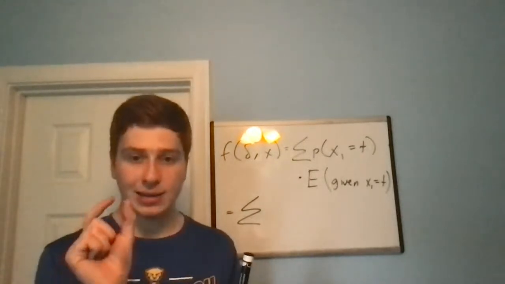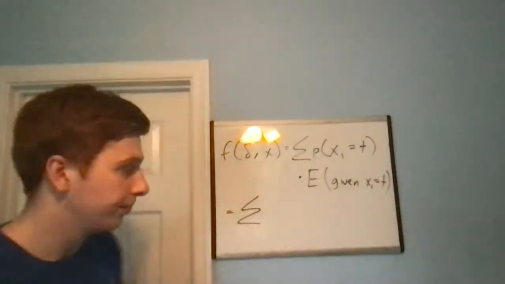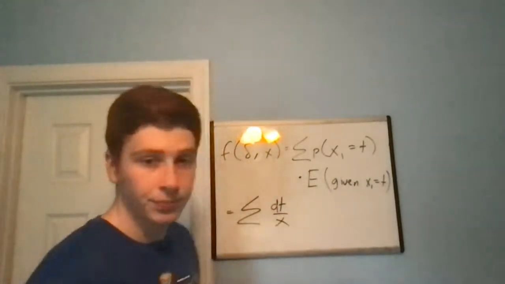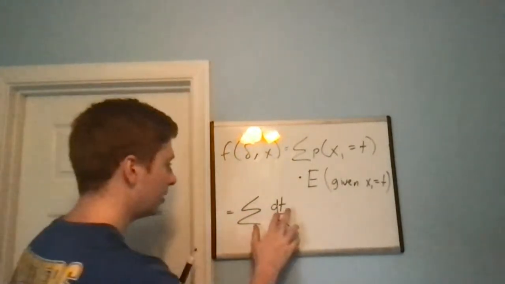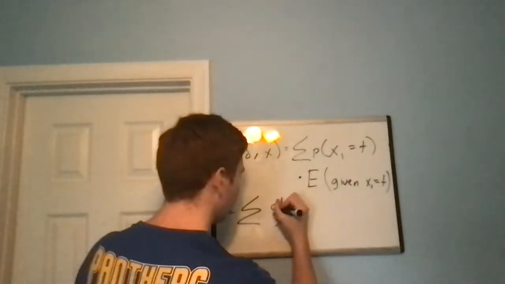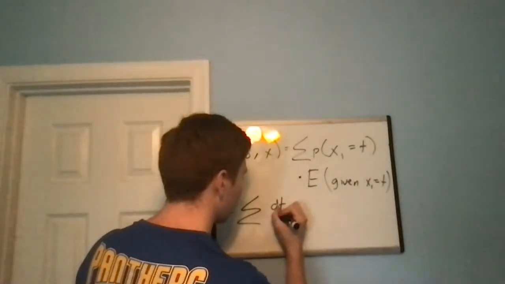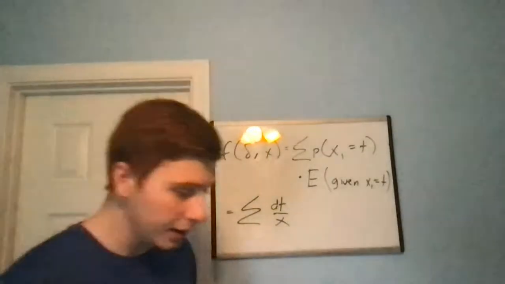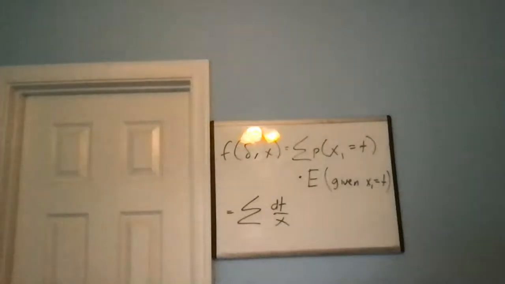It's the length of that tiny interval over the length of the whole interval. And then the expected number of moves it'll take given that x1 equals t